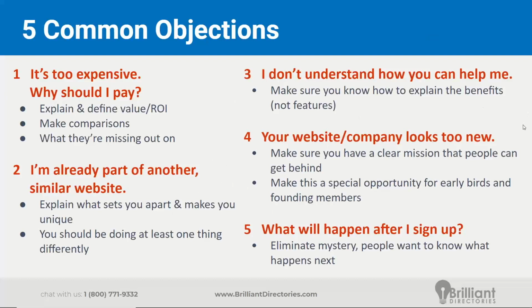So going into number 3, "I don't understand how you can help me." This is similar to number 2. We want to make sure that we understand how our membership offering can benefit these prospects. We don't want to just rattle through the features that we provide them. Again, it's important to make an emotional connection here. Just rattling through the features and the prices doesn't do as good of a job at convincing somebody to sign up as making an emotional appeal to them. So figuring out what it is they're after, what their goals are, and how we can help them achieve those goals would be the best way to address an objection like this.